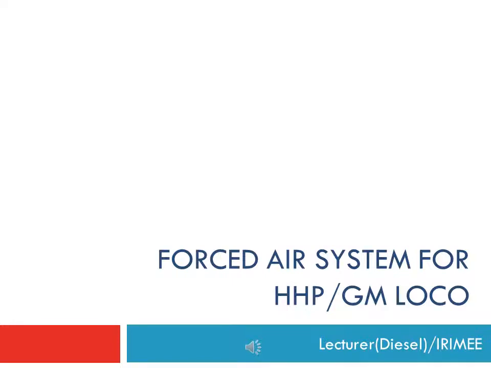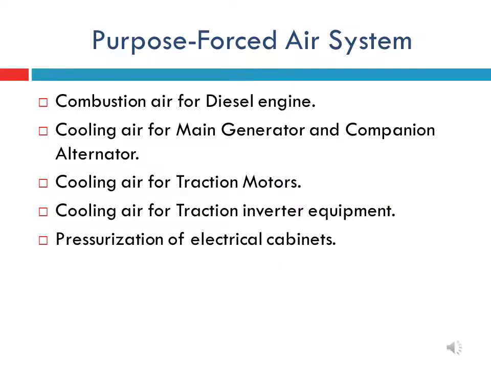Forced air system for HHP or GM locomotive. In the forced air system of the HHP locomotive, ambient air is drawn into the air compartment of the locomotive through the cyclonic